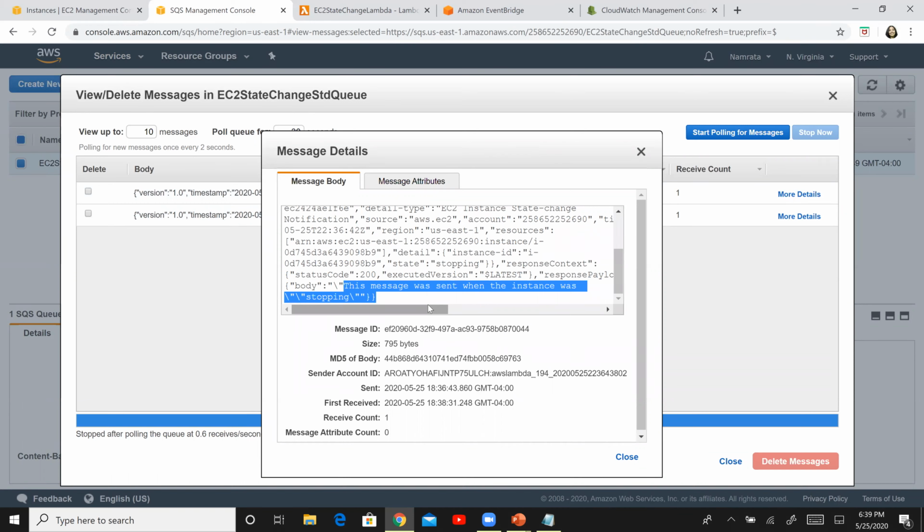Okay, so I believe we have come to the end of our tutorial. I hope that you liked this particular tutorial. Now you can pretty much use this in a lot of your real life scenarios when you are building your applications, right? Like for example, if you want to have some rule triggered if your EC2 instance goes down, have a Lambda function or something similar triggered and have a message sent out, that is definitely possible. Now, I have used an EC2 instance over here. You could pretty much use anything else to trigger this as well, right? So feel free to explore this service. It's a really good service.